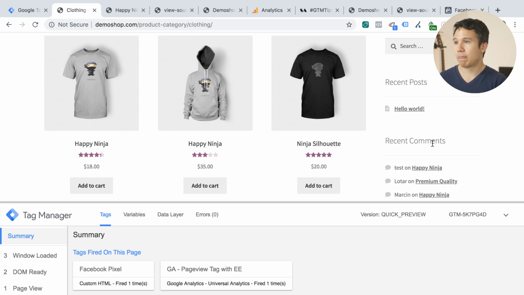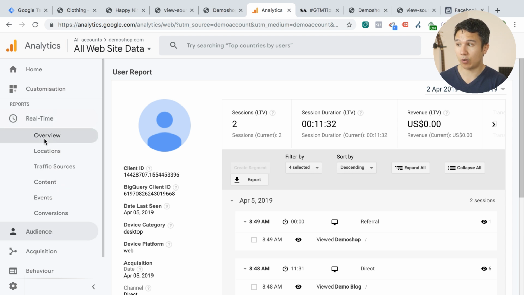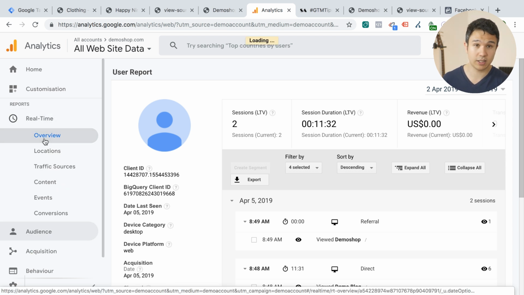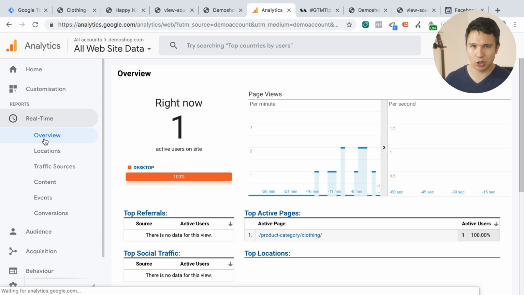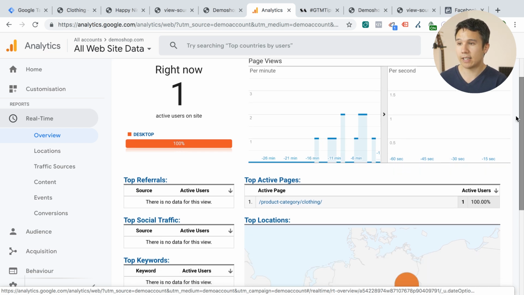Last but not least, once the data gets sent over, it's very important, you need to also be able to see your end result within the tool itself. The tools that I use for this is oftentimes the real-time reporting for Google Analytics. And this obviously depends on which data you send over. Google Analytics has the real-time reporting. Very cool to see hits coming in and see what data is attached and how Google Analytics handles this. But it doesn't replace what Google Analytics does in the background with the